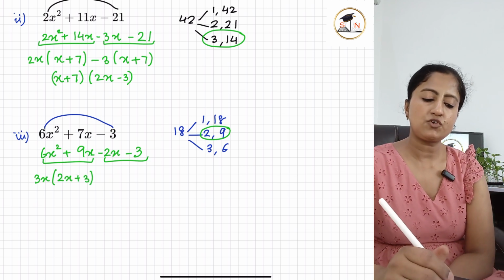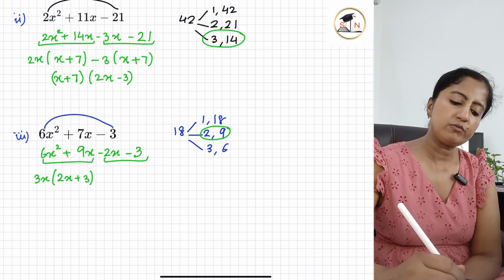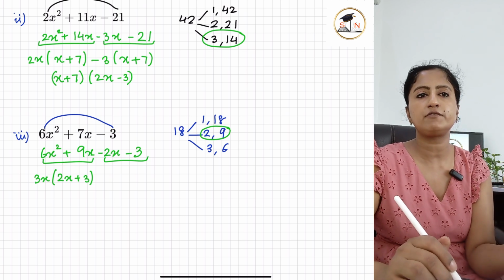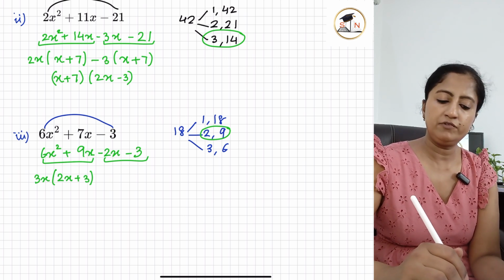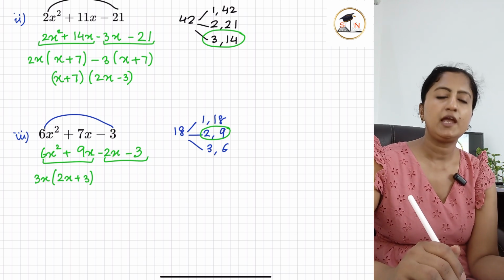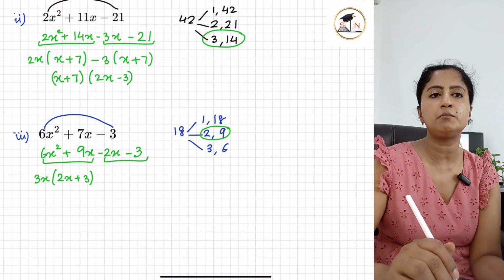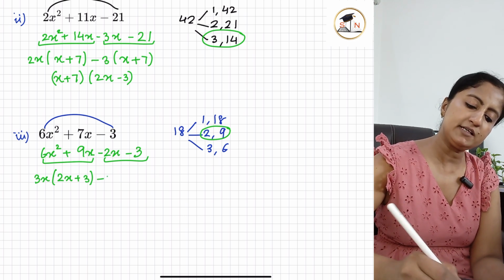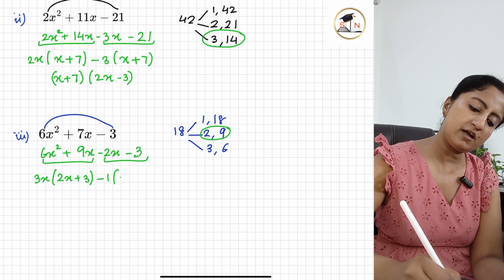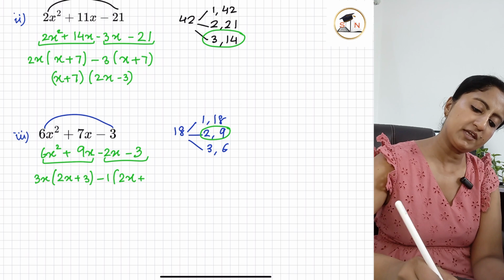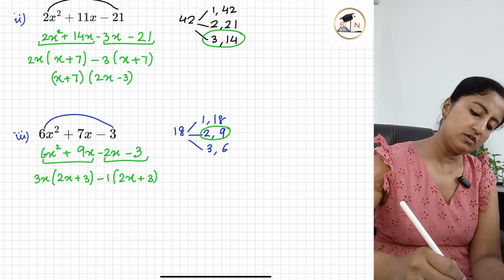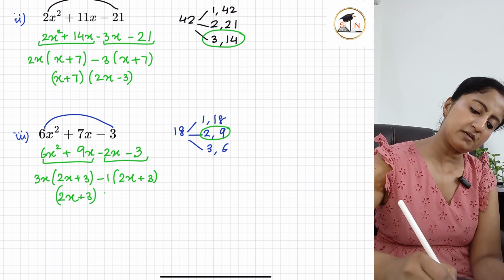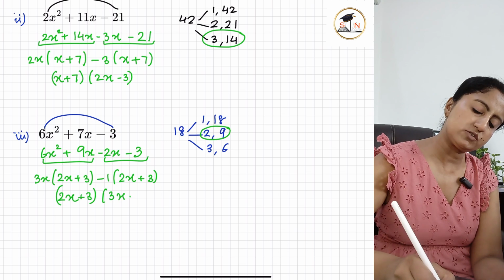Now, what is common over there in the second group? What we have over here is just negative 1 as a common factor, because 2x plus 3 we already need in the bracket, and we do not have anything else but negative. When we do not see any number being common, it is always 1 as a common factor. So over here we will have minus 1 as a common factor, and I will write 2x plus 3 inside. Now 2x plus 3 becomes one of the factors, and the other factor becomes 3x minus 1.